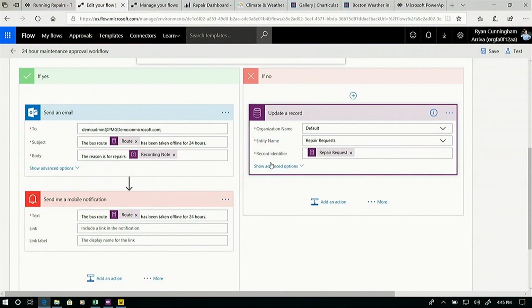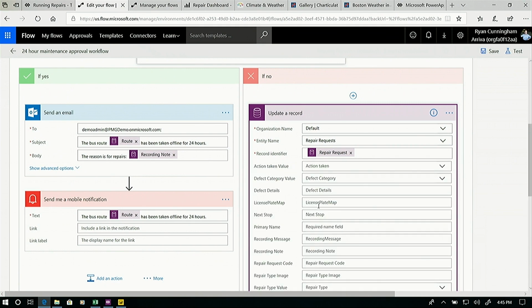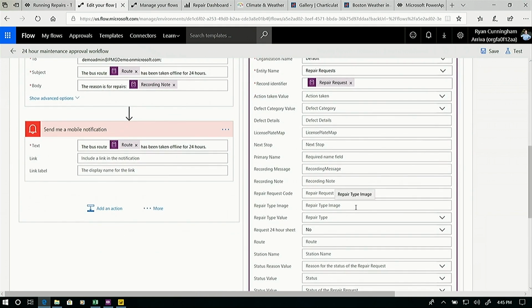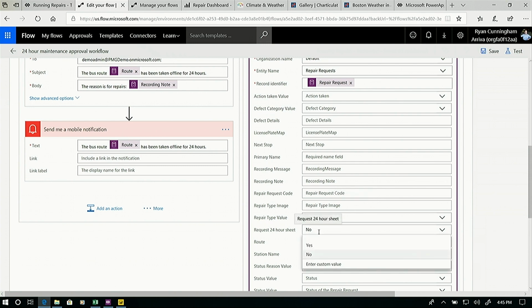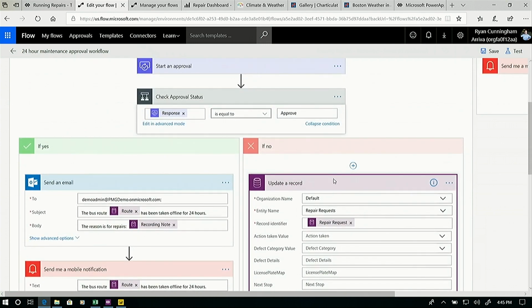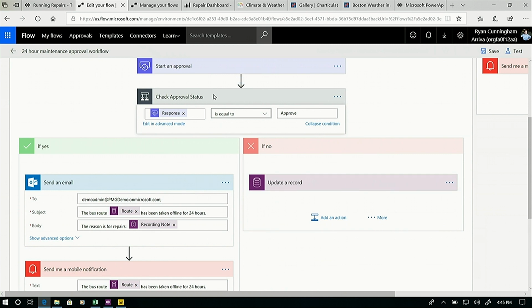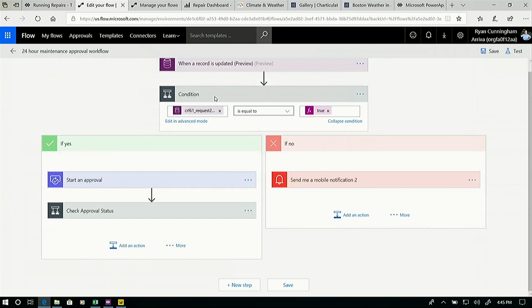And if you reject it, you actually want to go back to Common Data Service and mark it as no, saying this is not a good reason. And so they look back on their phone, and it will say 24-hour request, and it will actually show no. And that's what we're doing right here by requesting a 24-hour sheet saying no. So this whole end-to-end flow can be automated without having to have humans being involved via email or text or anything else like that. Very, very standardized.